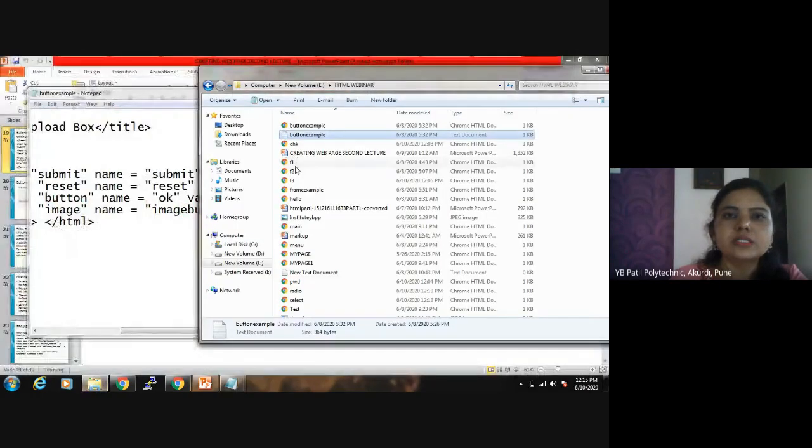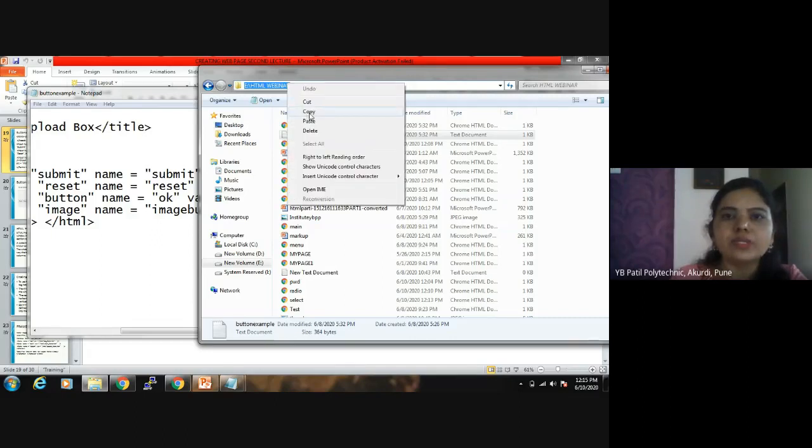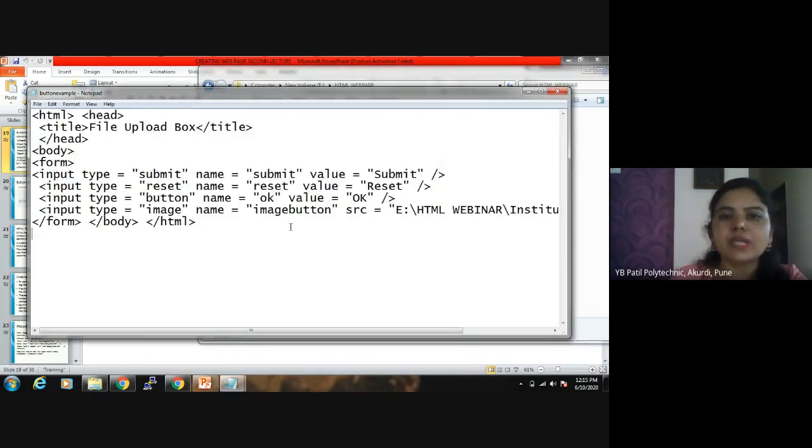This is the E drive, and in the E drive there is an HTML webinar folder, and inside HTML webinar there is the Institute image. You have to click on this, then the path will appear. Just right click, copy this path and paste this path here. Source is equal to, okay, this is the source of your image.